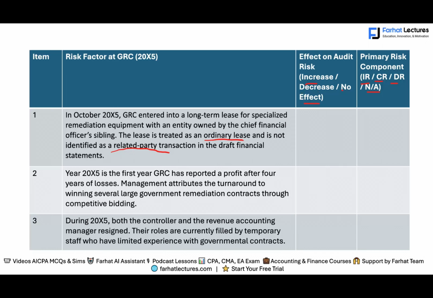So having an undisclosed related party transaction will create a higher risk, whether it's intentional or unintentional. But here we have a problem with valuation and disclosure. We have a problem with disclosure. We were already told it wasn't disclosed, but also with valuation. Is this an arm's length transaction? Are we paying the sibling of the chief financial officer more or less? It does not matter. Is it at arm's length? Therefore, it's going to increase